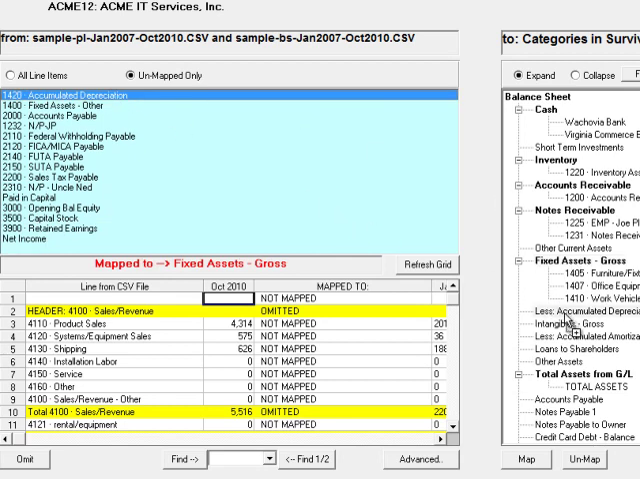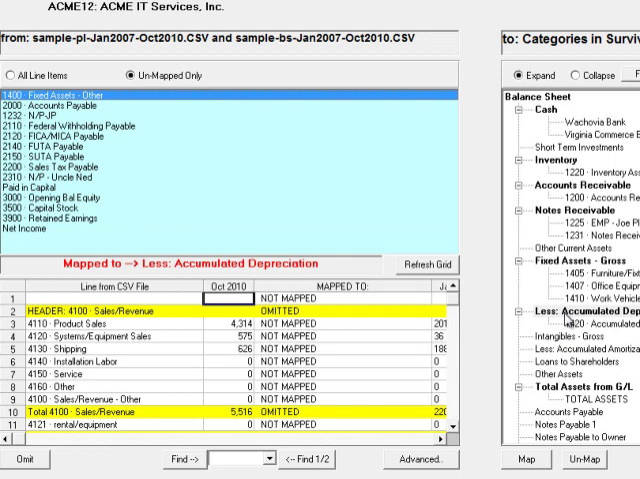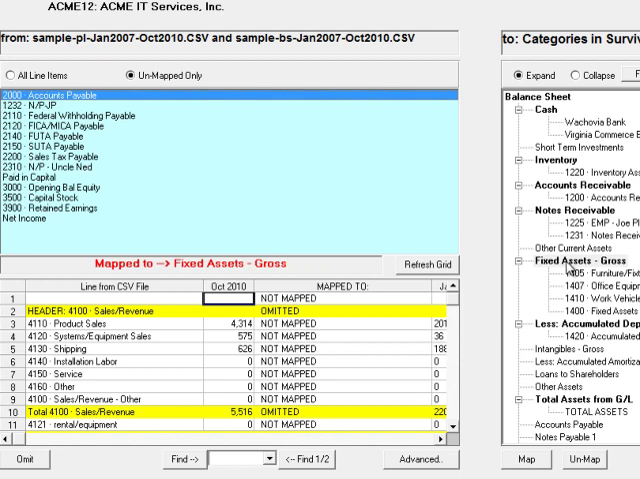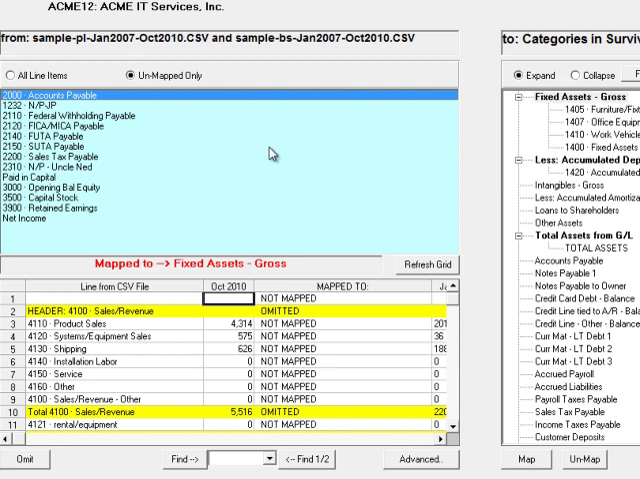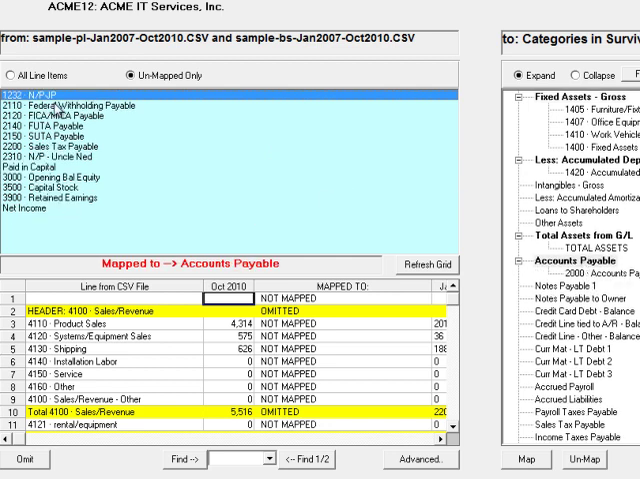So I'll take this accumulated depreciation and drag it over to the less accumulated depreciation category, and take the fixed assets other to the fixed assets gross category. And now we're done with our assets. And so we can go now into the liabilities section of our balance sheet, take over accounts payable, N/P, that's notes payable,